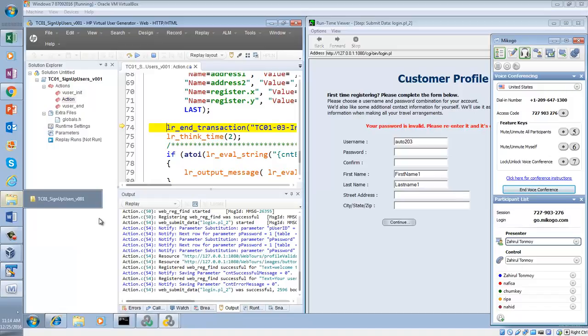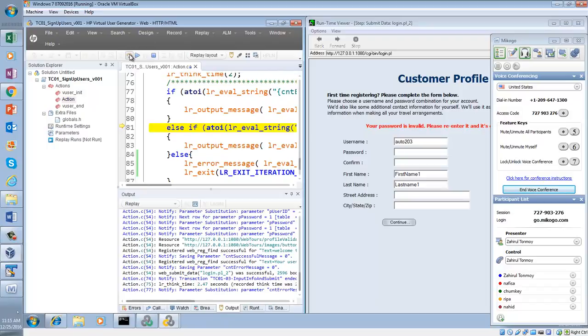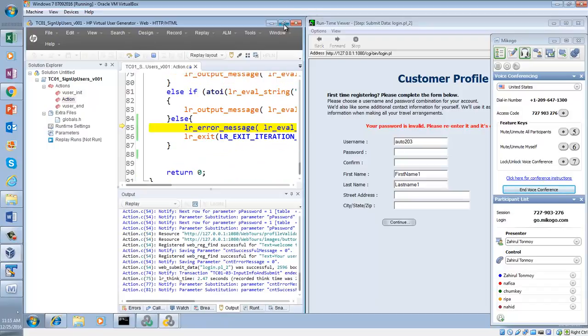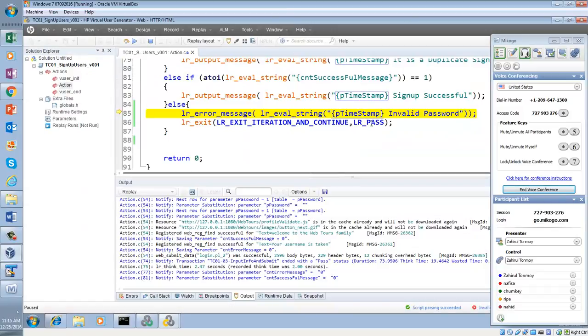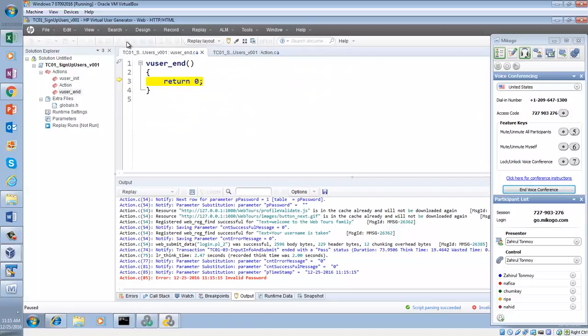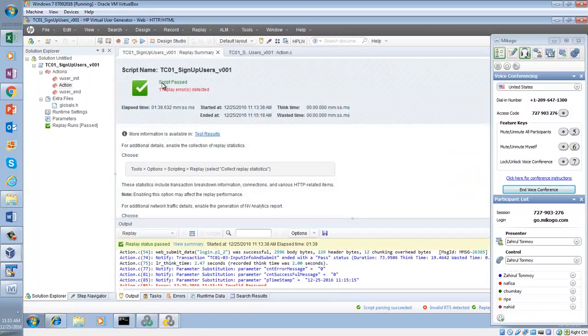Okay. Now take a look here. So what I'm going to do here: instead of LR fail, I have put LR pass. I'll give the error message, but my script is passing, though I'm getting one replay error.